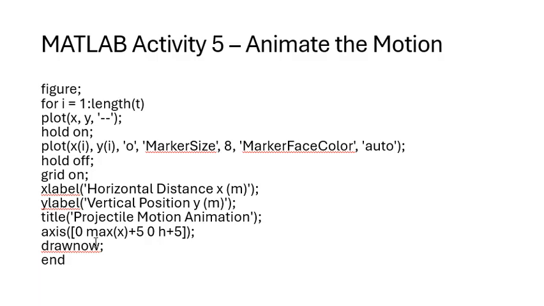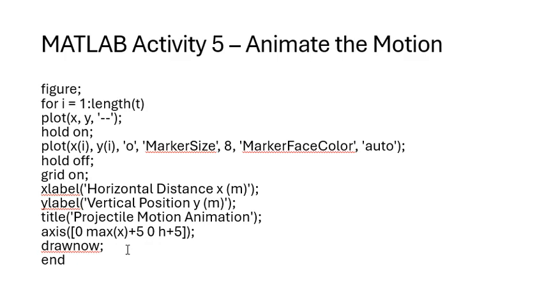Here you can see draw now, and this is a simulation command, and then we're drawing with the axis at 0, max, and then 5 plus 5, and then 0, and then h plus 5. So this is 1, 2, 3, and then 4, are in there for you. Maybe it's a little bit difficult for you to read it, but anyway, to make the projectile, this is